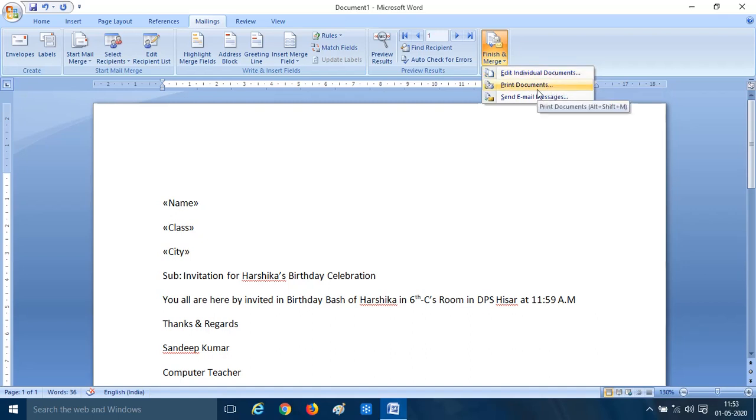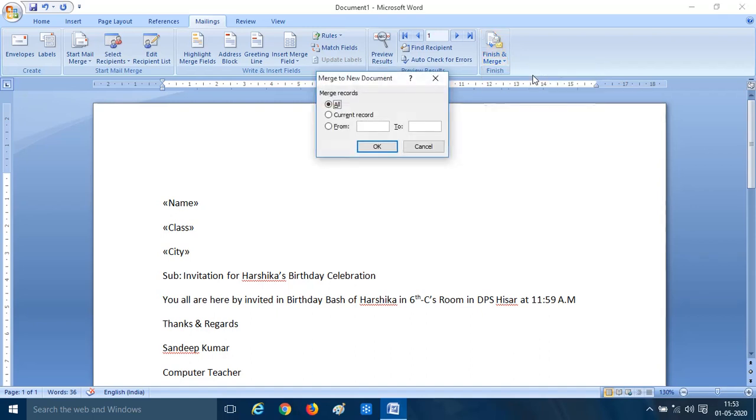Second option, print document. Print command will be sent to the printer if it is connected with your system. Third, send email. Then this file will be created and attached with your email, and you can send that file to the recipient. Okay, so here we are using the first option, edit individual documents.